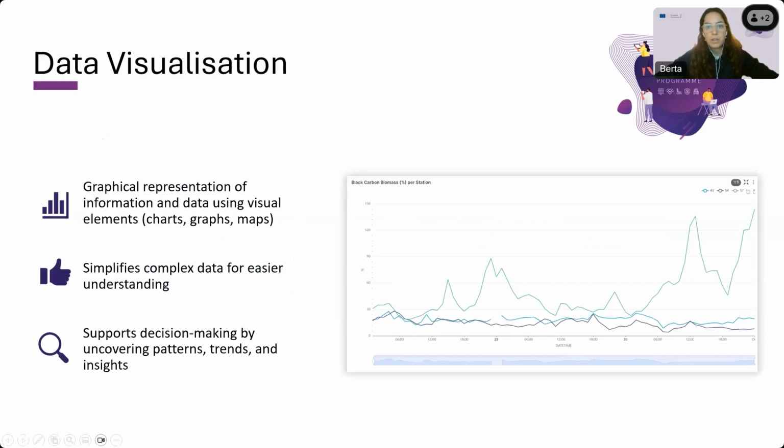So let's begin understanding what data visualization is and why it's so important. At its core, data visualization is the graphical representation of information, and by using elements like charts, graphs, and maps, we can better understand complex patterns in our data. It becomes specifically crucial when dealing with massive volumes of data generated from different sectors in the case of public administration, like traffic, air quality, public services, and more.